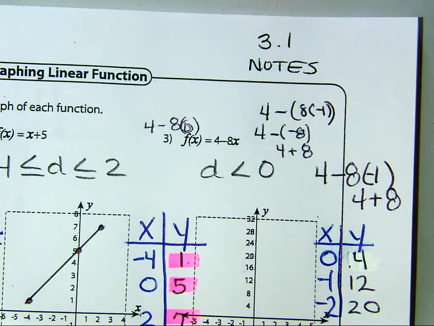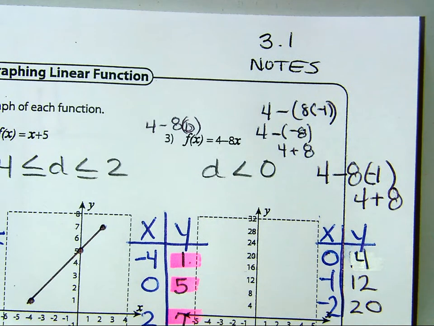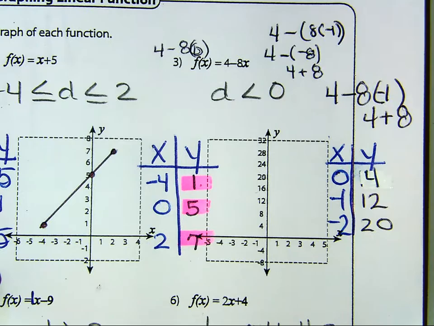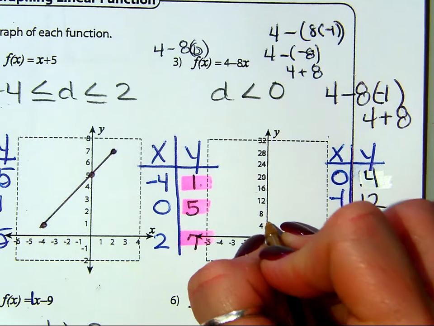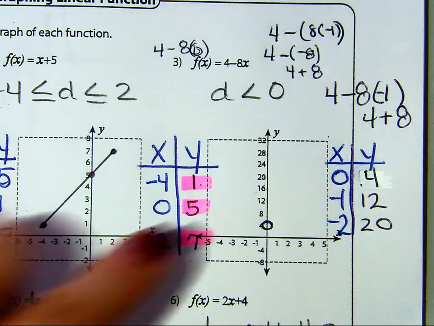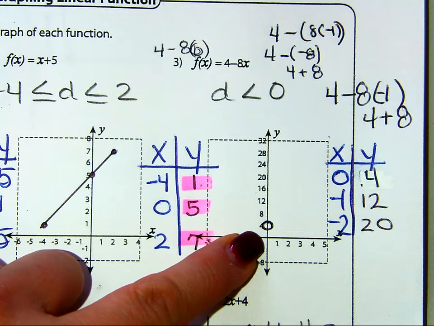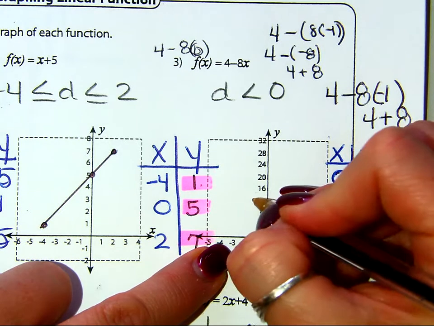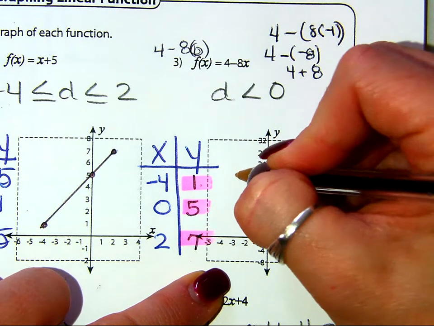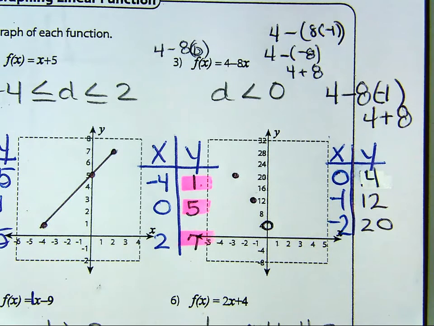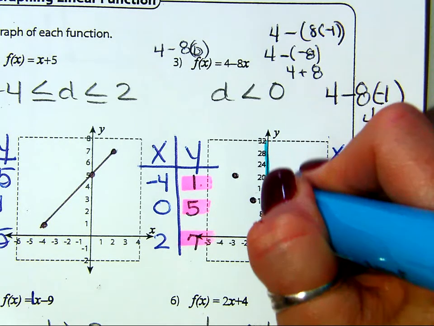Okay. 0, 4. What kind of circle do I put? Can it be 0? No. Open circle at 0, 4. If you color that in, that's a conceptual error. That will prevent you from getting a 4. Negative 1, positive 12, negative 2, positive 20. They're all in a straight line. This is where people think less than means down, but less than on this axis means everything has to take place